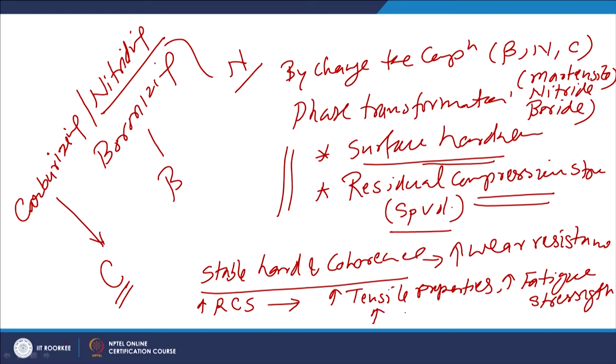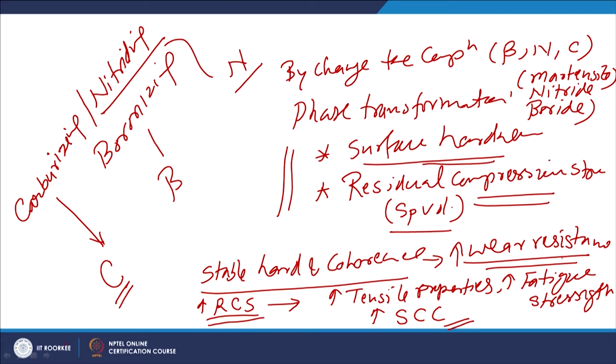At the same time, stress corrosion cracking, which occurs in presence of tensile stresses, is improved, since the externally applied tensile stresses are reduced in presence of the residual compressive stresses. So, carburizing, nitriding and boronizing are favorable not only from the wear resistance point of view, but they also help in enhancing the mechanical properties of the component.